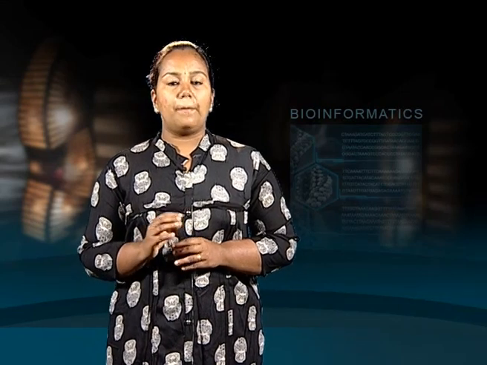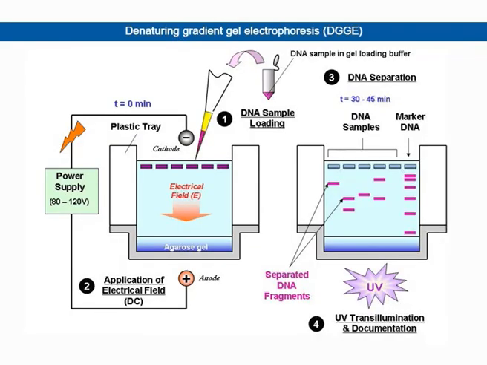DGGE can be used to detect single base changes in all but the highest temperature melting domain of a DNA fragment. To facilitate the detection of mutations along the complete length of a DNA fragment, a GC-rich segment may be attached to one end of the fragment during the PCR reaction by the addition of a GC-rich sequence to the 5' end of one of the primer pair. This GC-rich segment, or GC clamp, usually 30 to 60 base pairs long, has a very high TM, and in comparison the remaining DNA fragment will have a single and lower TM.